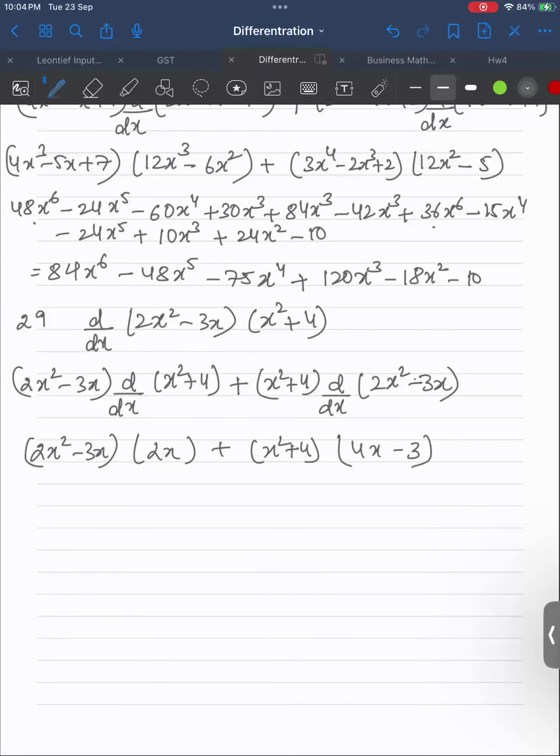Now solve it. 4x^3 minus 6x^2, 4x^3 minus 3x^2 plus 16x minus 12. It would be